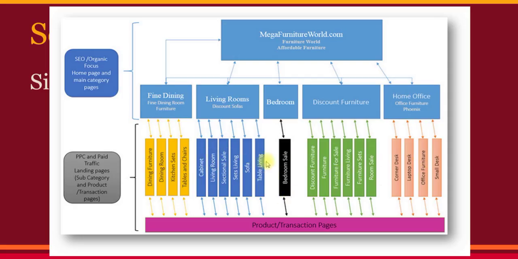And then below there you would have the product or the transaction pages. This is transactional intent. This is where the consumer's got the credit card out, they're ready to make the purchase. These are your transactional pages, and that's the basic site taxonomy. But you write it out in such a way, and you name the pages in such a way, and you code those pages in such a way that the bots can really easily learn how to play your game. They can know exactly, hey, I know how to optimize this game here.